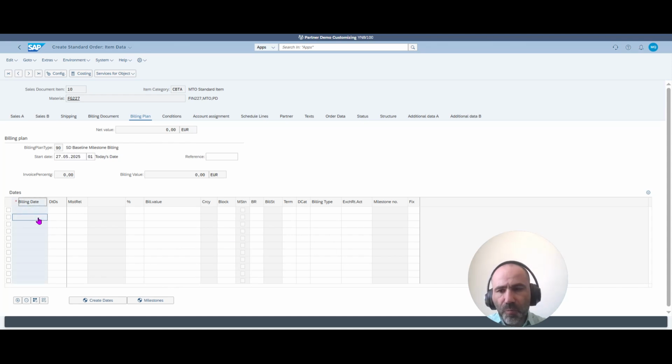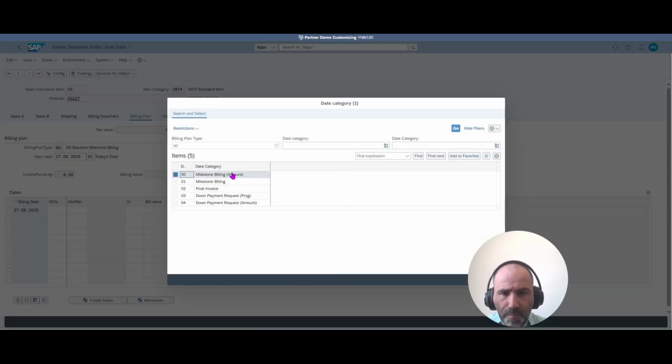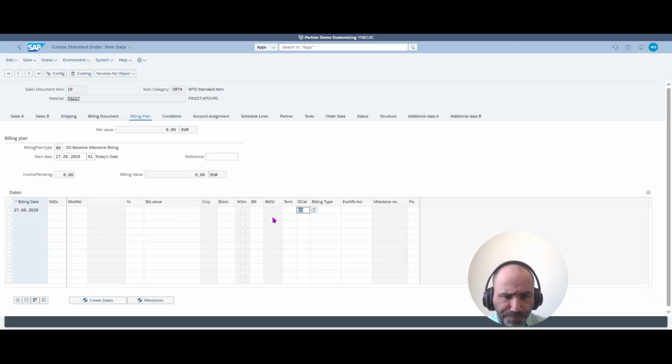So if I define down payment, for example, I select today, then I select the information about the date category. For example, the date category is a milestone billing, final invoice, down payment request. I select 03 for down payment request. And I define the percent, for example, 30%. And then